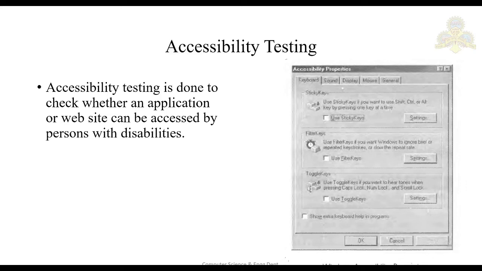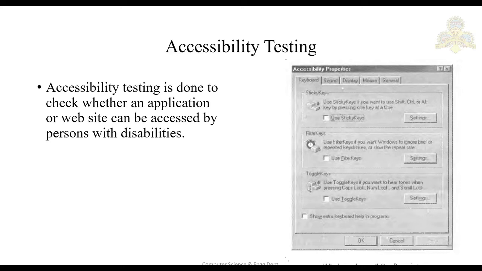That means persons with a disability such as vision impairment, or physical impairment because of which they cannot use the mouse or keyboard, hearing impairment, as well as cognitive impairment. That means not literate, or the first language is not English. Keeping all these things in mind, you have to build software that is accessible by persons with disabilities. That particular testing we call accessibility testing. This testing is yet to gain popularity. It is not that popular as of now.